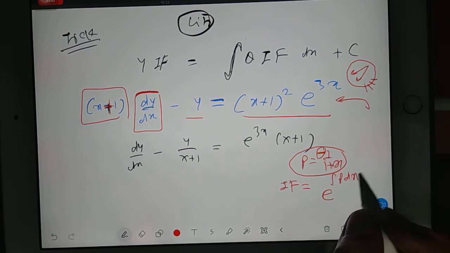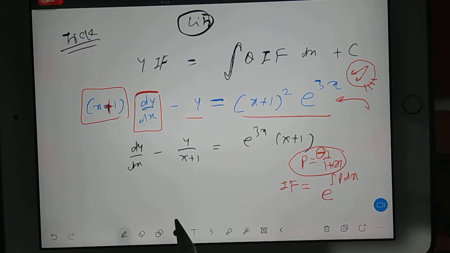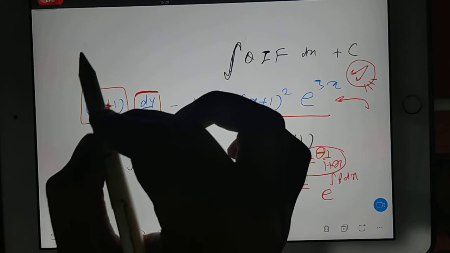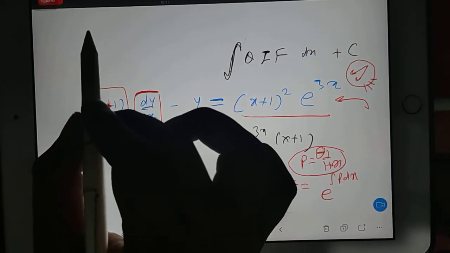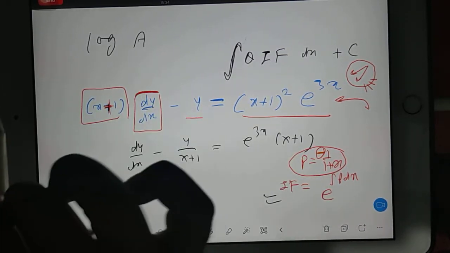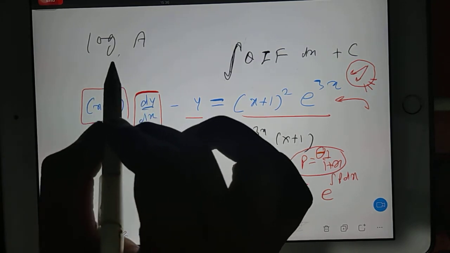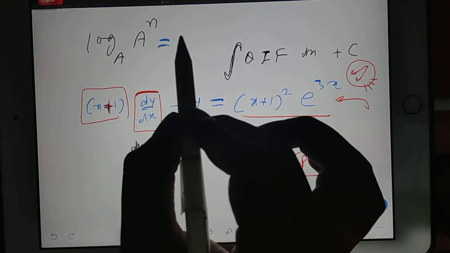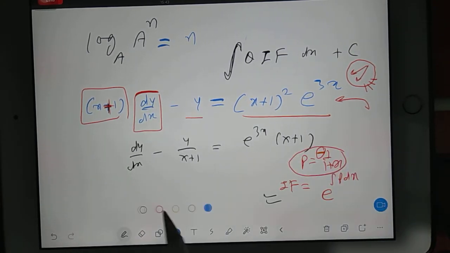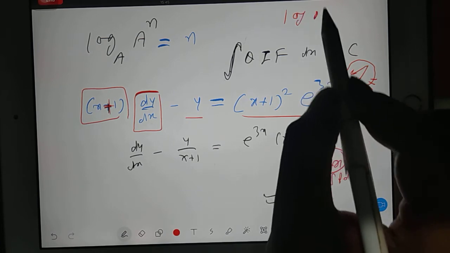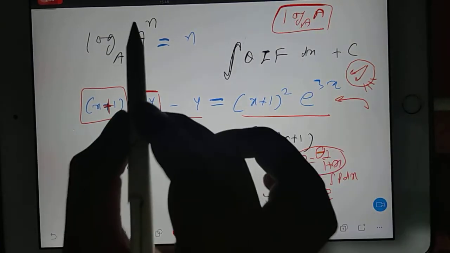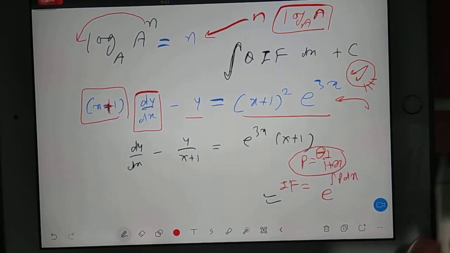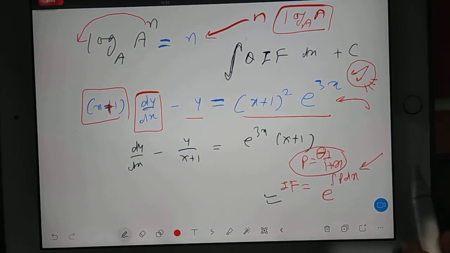Now see, one more log trick I have to teach you here, then only I can go ahead. What is the log trick? Whenever there is log a, and the base is also a, and suppose power n is there, the answer will always come n. Why? Because log a base a will become 1 and n will come to this side. So that's why the answer is n. Some similar approach we have to apply here.